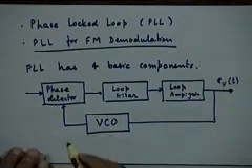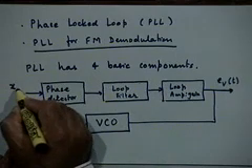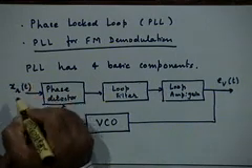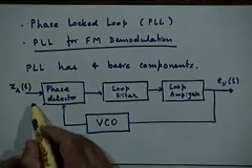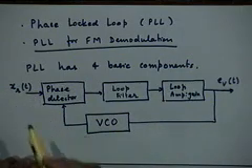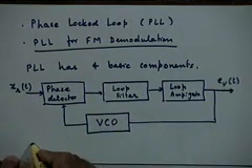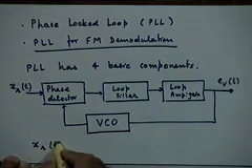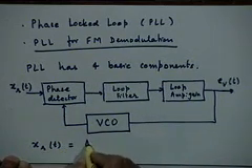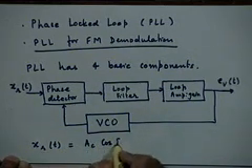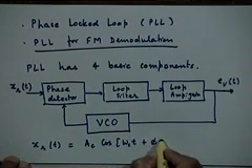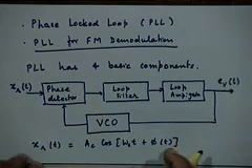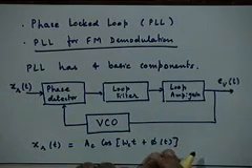Now how does it work? We will discuss in sufficient good detail as to how it works and what are its characteristics, but let me just give you a brief idea today. At the input you have an FM signal. Let us say input signal is x sub r of t, which is A sub c cosine omega c t plus phi of t. It contains your FM modulation, right.